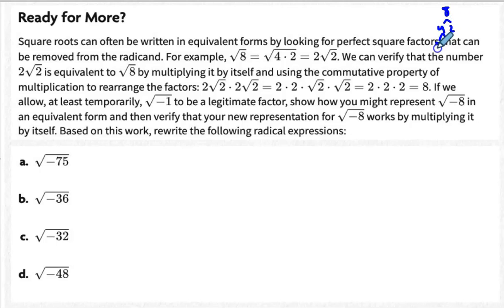4 breaks down to 2 and 2. You have a pair of 2's that come out and one that's left inside. We can verify that the number 2 square root of 2 is equivalent to square root of 8 by multiplying it by itself and using the commutative property of multiplication to arrange the factors. So 2 square root of 2 times 2 square root of 2 ends up, you can follow the math there,